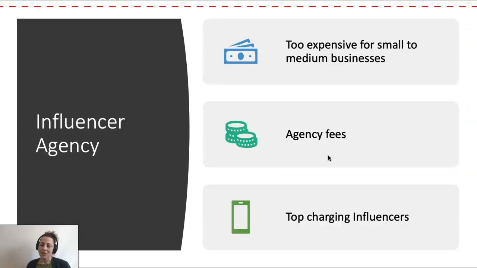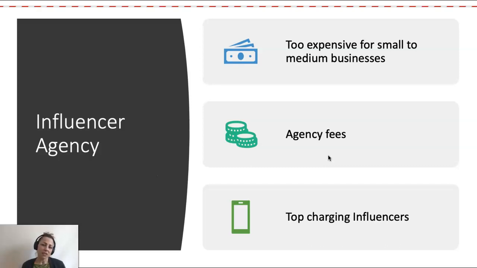So influencer agencies provide a very end-to-end service. They are very all-encompassing. They have a lot of expert professionals. But because of this, they're quite expensive, perhaps too expensive for small to medium-sized businesses because they charge fees. For all of the professionals they have working with them, they'll have teams to do administration. They will have teams to do negotiation. They'll have technology specialists. So the agency has to charge fees and also for its expertise.